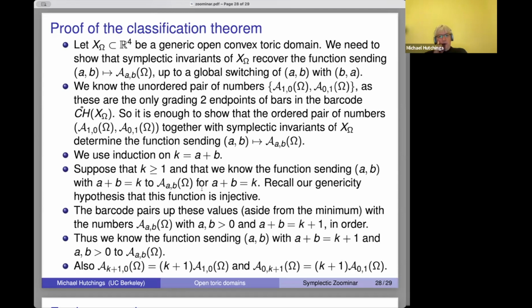So that means if I know this function, then I determine this function where K is 1 bigger. Because if I want to find the function for some AB with K 1 bigger, well, I look at the bar that touches this. I know that's going to be connected to